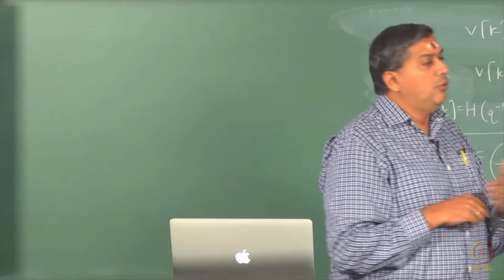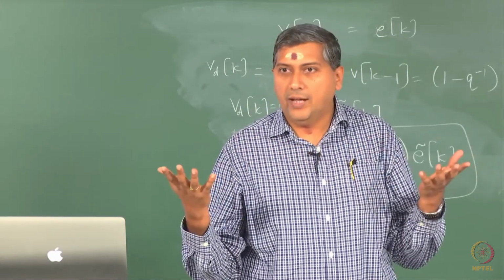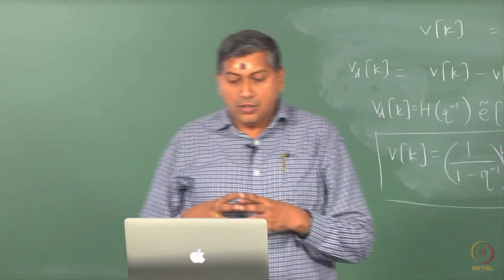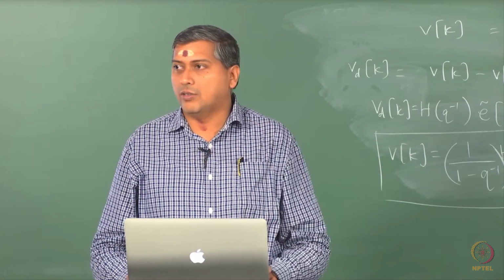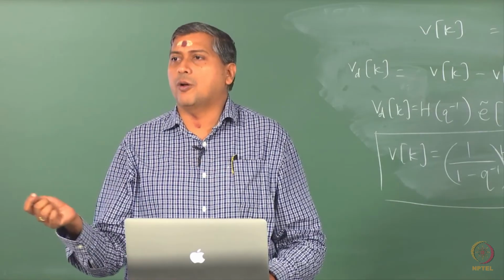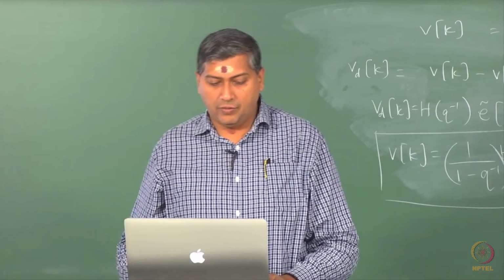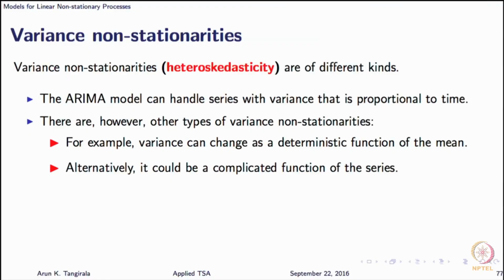On the other hand, you do not have to have integrating effects; the mean may be changing in a different way and the variance therefore may be changing in a different way. So, the class of processes whose variance changes with time are called heteroscedastic processes, and you will find numerous such processes in econometrics and to a certain extent in engineering and in nature for sure. So, there are two possibilities. Variance can be a deterministic function of the mean, that in many processes the variance may be coupled with the mean. For example, if I take a Gaussian process, is the variance coupled with the mean?